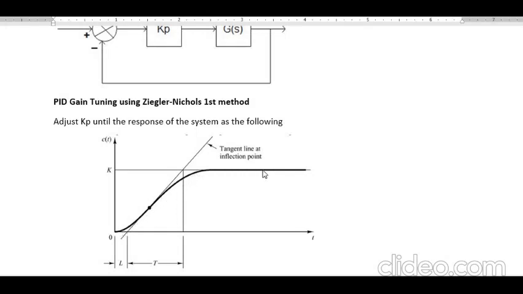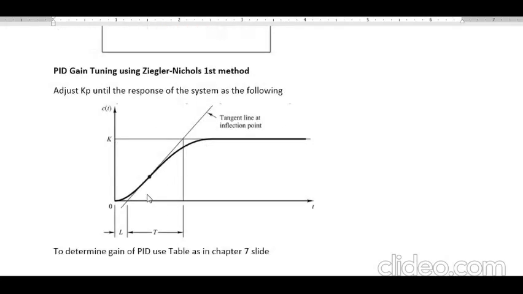It is the S-curve graph. This is the response of the system, and then we make the tangent line at the inflection of this signal.